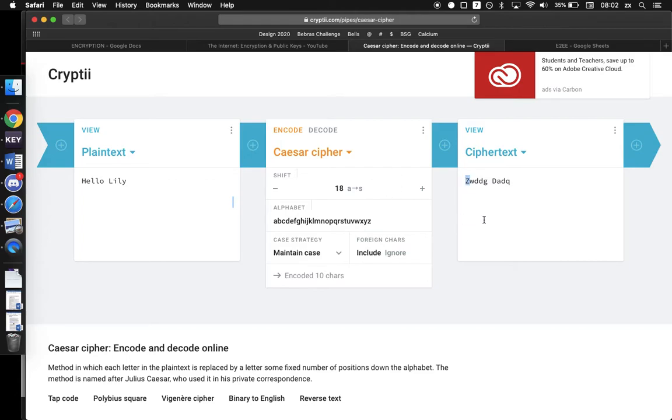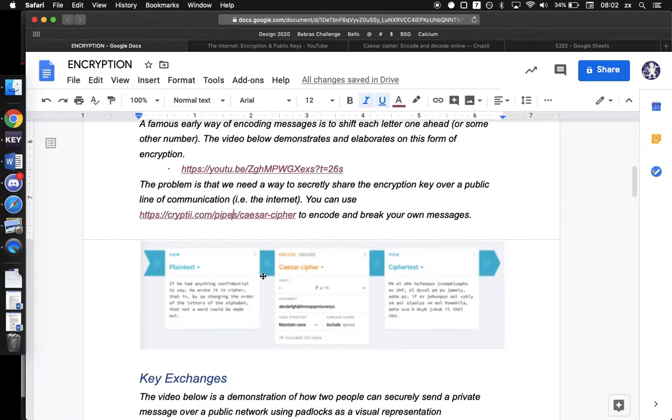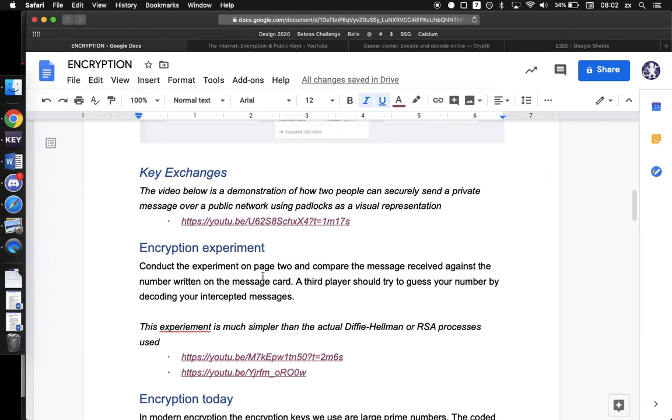Okay, so I'm going to close that now and go back to my notes. Now we're going to look at key exchanges. So now we understand the concept of keys. So we're going to use sort of a representation of keys as a way that,